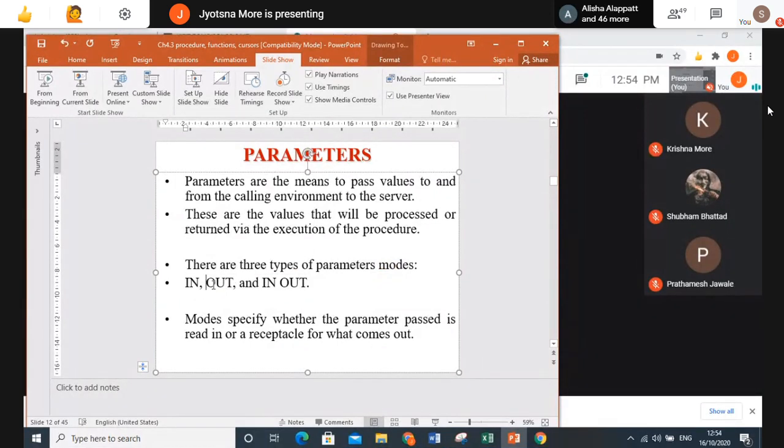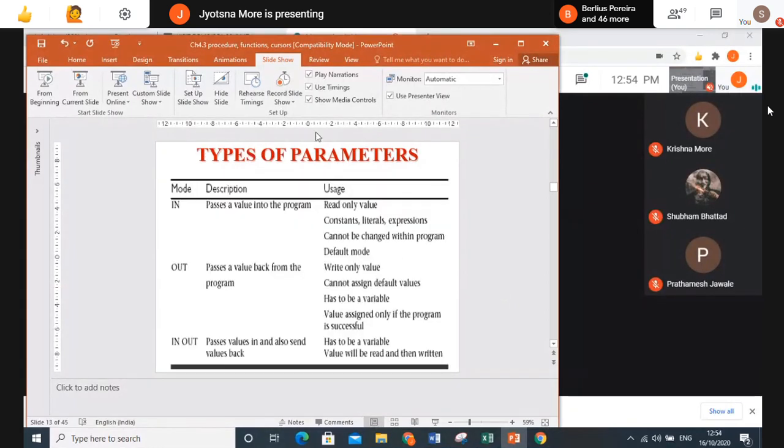Out means you are returning the value, and in out means you are giving the value as well as getting some output, so read and write. These are the different modes of the parameter. In means only read value, it passes a value into the program. Out means passing a value back from the program, and in out works both ways.